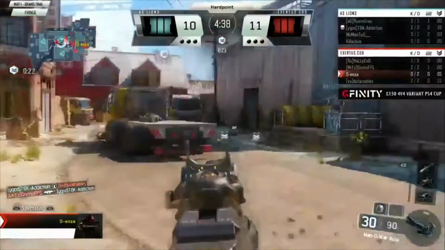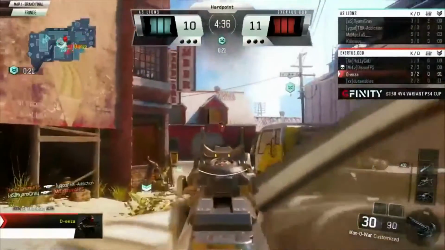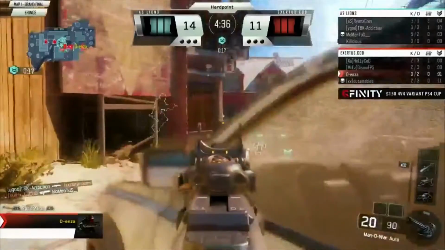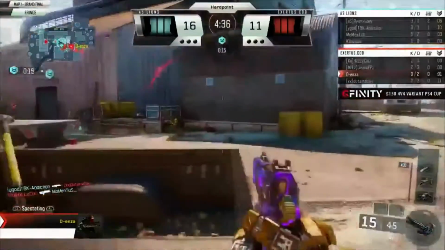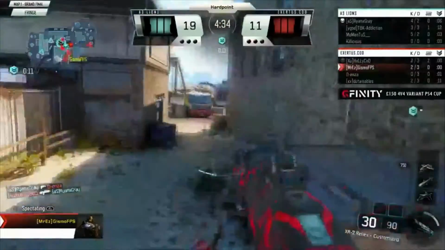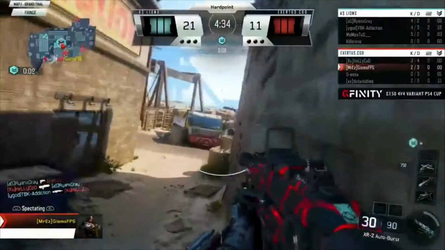Denza pushing forward. G slides out onto this white truck. Really need to learn how to do that because it is an absolute factor. He's trying to pick someone off into the barn. He can't quite do it with that Man of War. Sometimes deadly accurate, and then other times really just like...